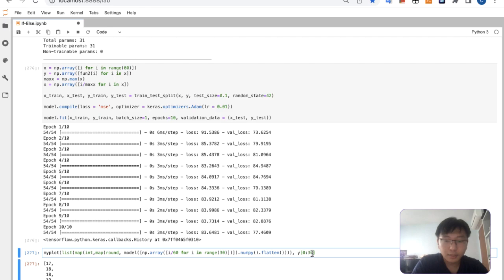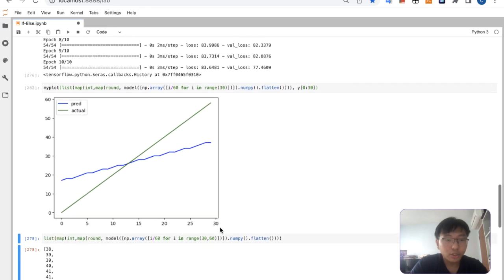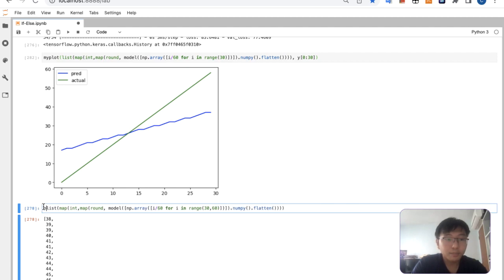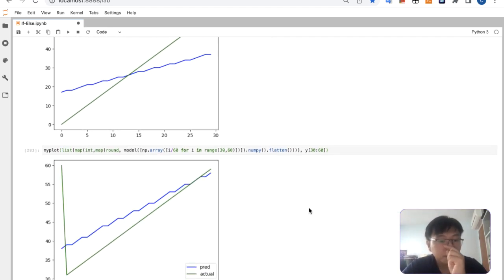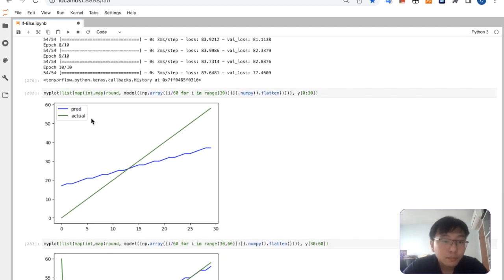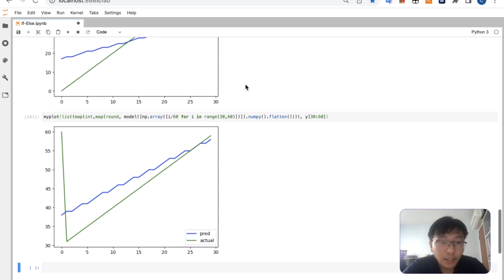Y 0 to 30 like that. So you can see the predicted and actual like that. We can also plot over here. You can see that the predicted is this jagged blue line, the actual is this. So over here, the actual itself,